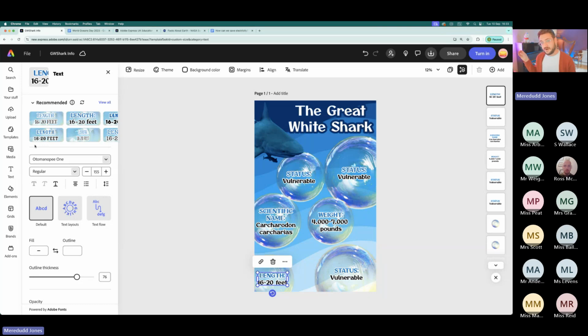You can also open up Pro apps projects in Express. So if you've got a Photoshop file, you can just open it up in here and see all the layers, work with all the layers. So yeah,